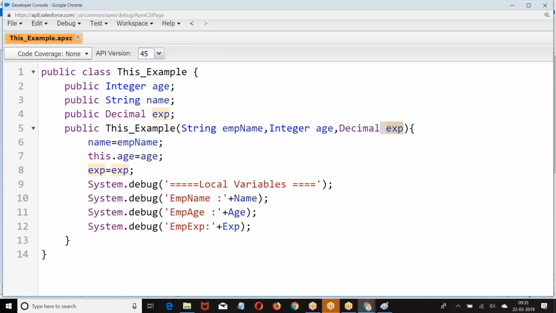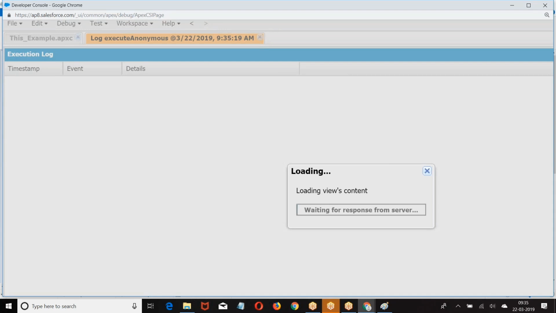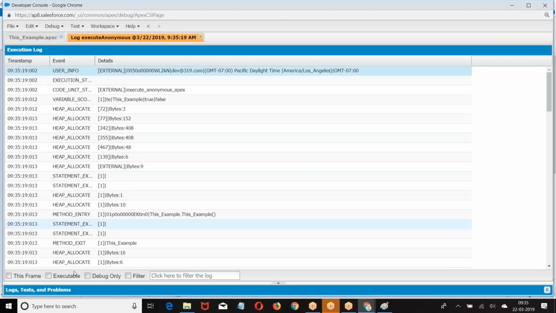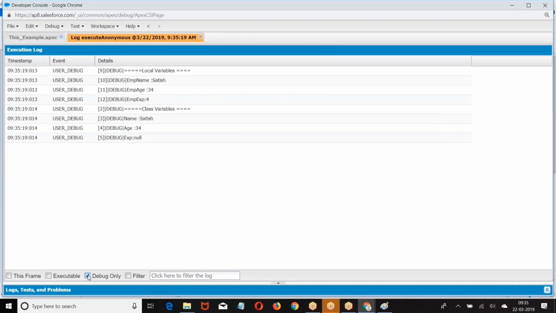Let's see. What is the data we got here? There is no problem with the name. Why is there no problem with the name? Because they do not conflict. We have two different names. Next we had